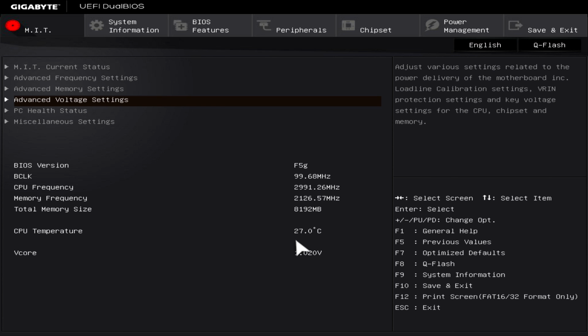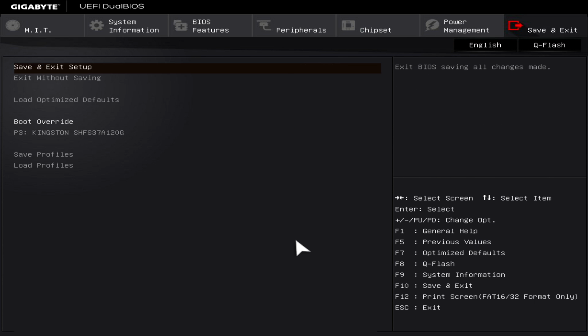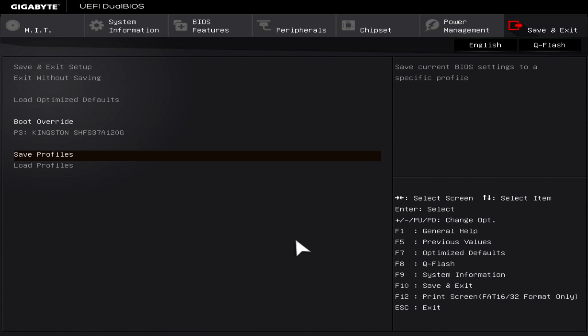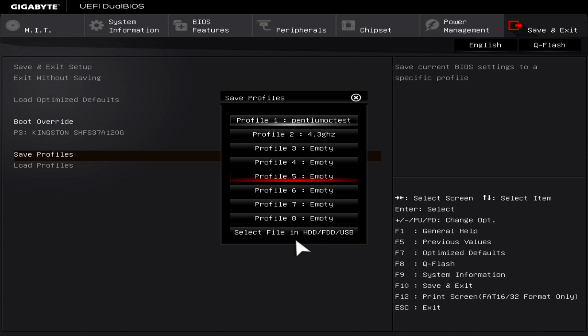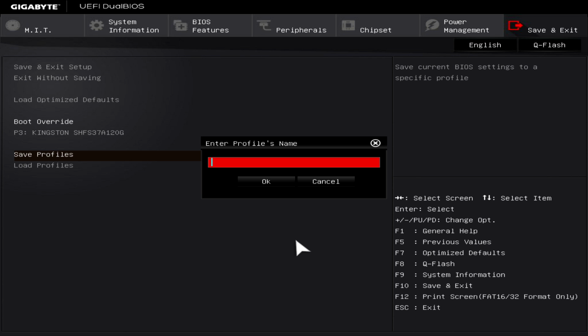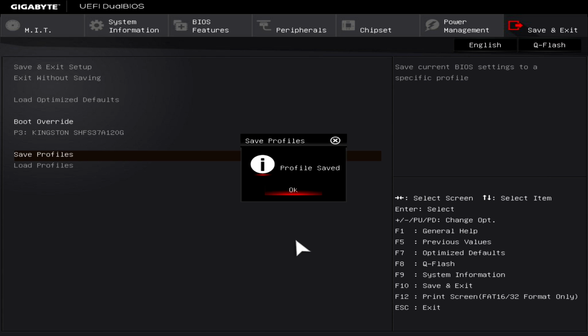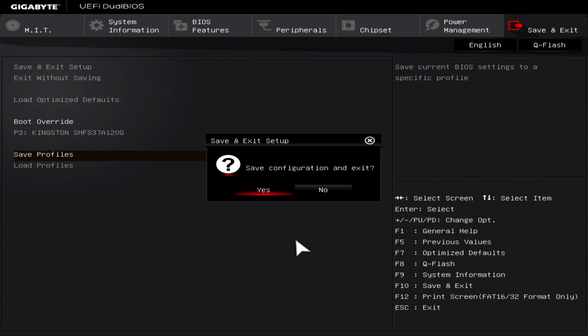Alright, so the last thing we could do is save this in a profile. To do this, just go to the top right and go to save profile. Maybe profile 5, and just call it 5.3 gigahertz Pentium or whatever. And hit F10 and go to Windows, and then we will take a look at the stability and the settings